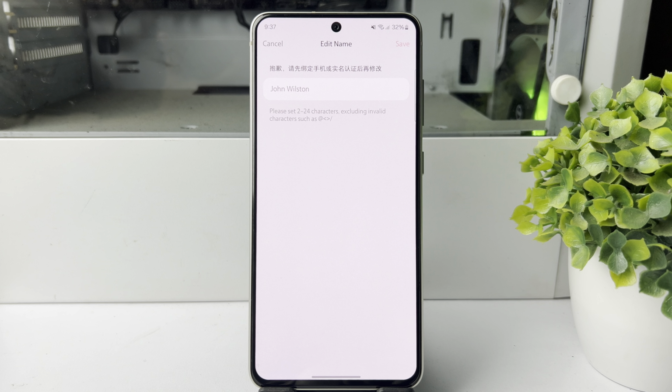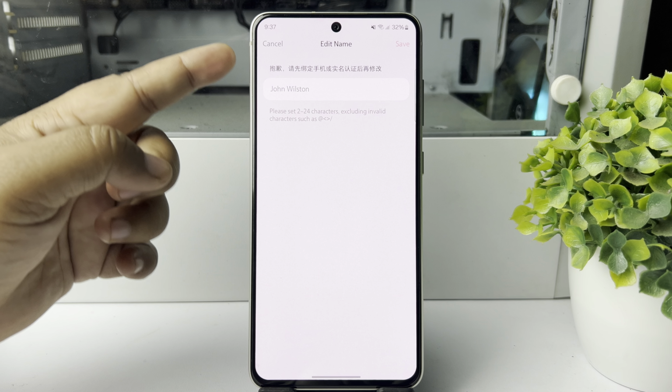And remember one thing, that if you haven't added your phone number in your RedNote app or account, then you won't be able to change your display name. So first of all, you have to add and verify your phone number, then you'll be able to change your